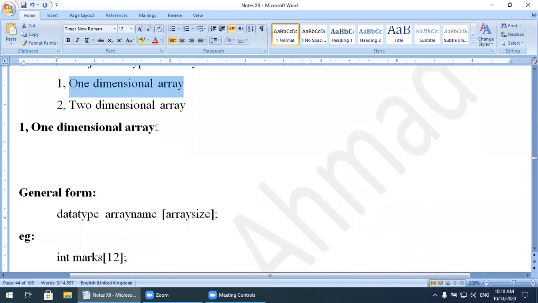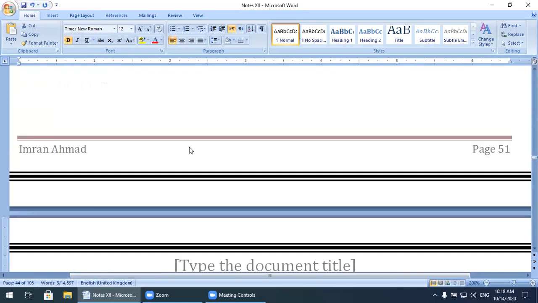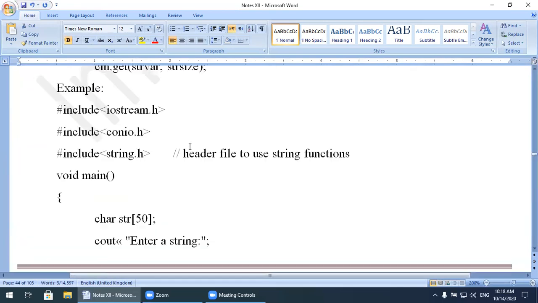Now we will explain the one-dimensional array. The definition of a one-dimensional array is this one, I will explain.